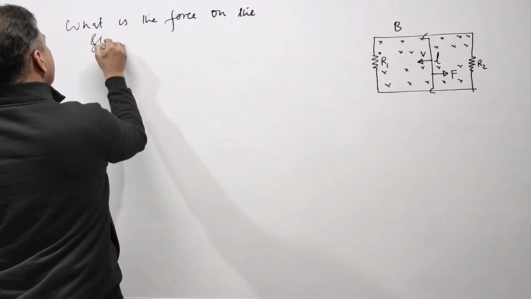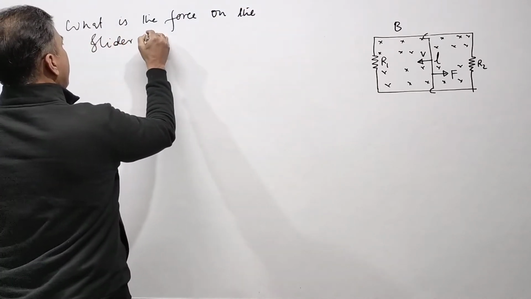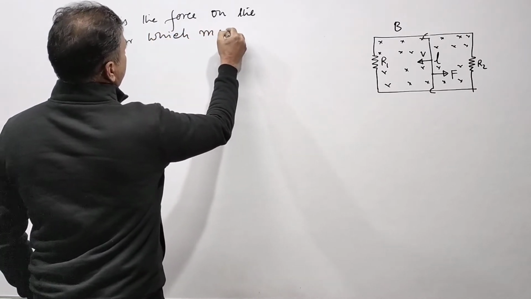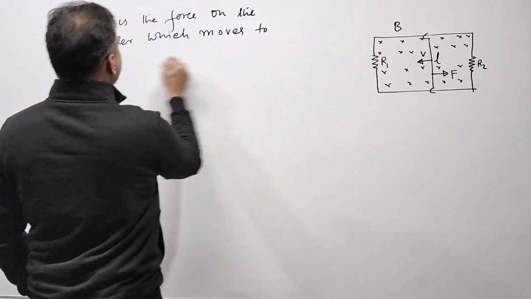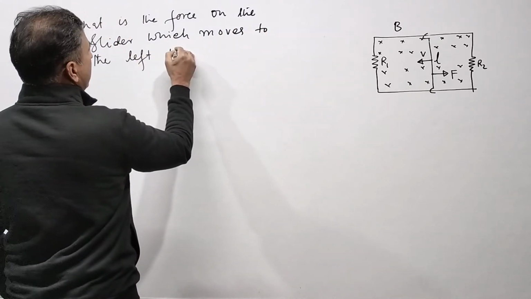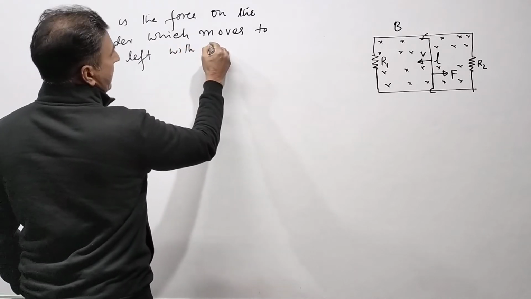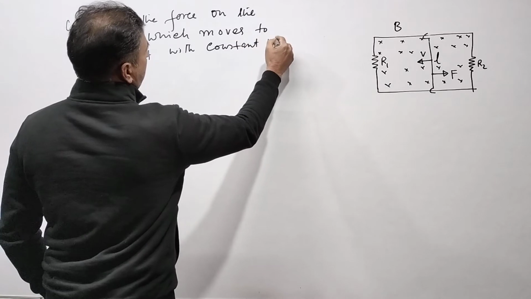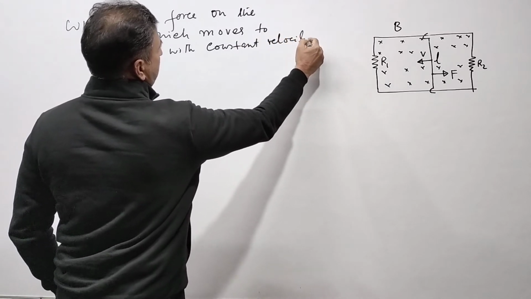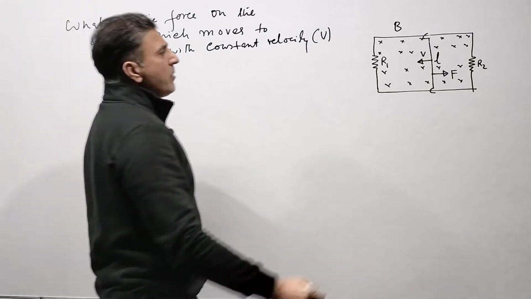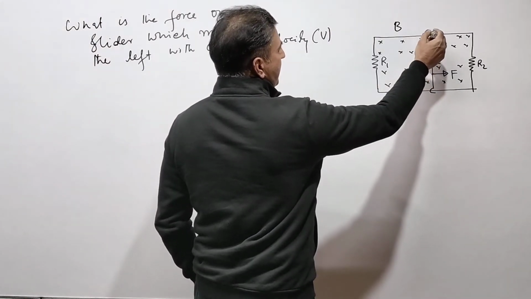The force on the slider, which moves to the left with constant velocity v. That's the question. So first of all, I have to find what is the potential difference between the ends